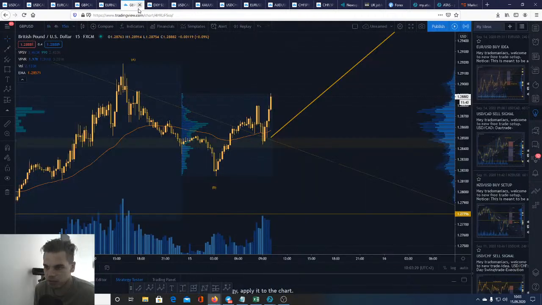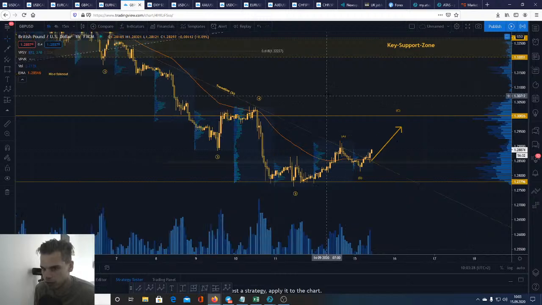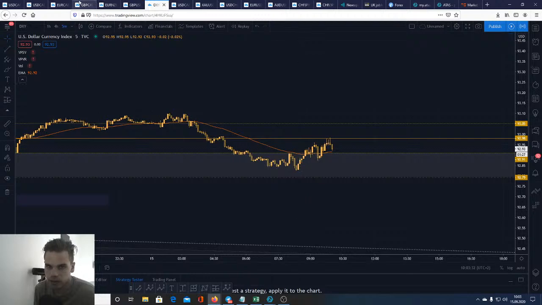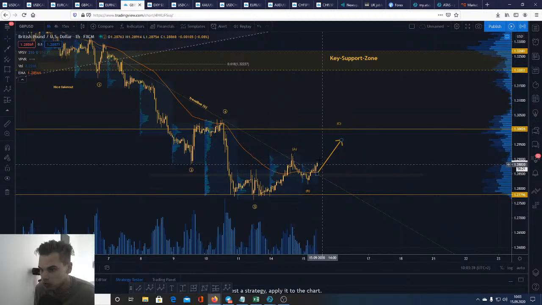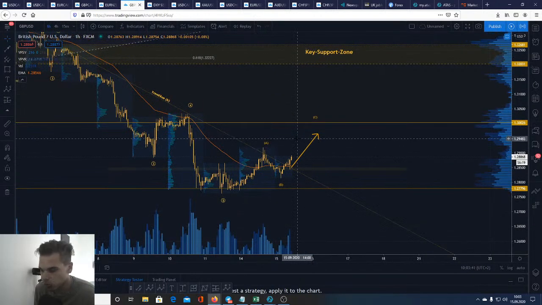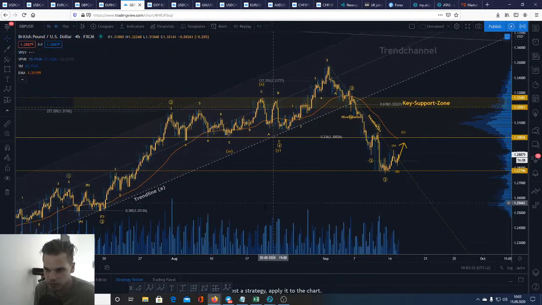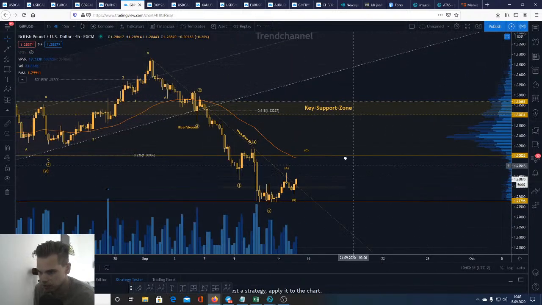GBP CAD looks pretty delicious right now to me when it breaks about this, because we see the confluence. If DXY continues to drop right now while SPX goes up, then we probably see a good chance that GBP USD retraces. Like I said, I took profit at target 1 if you're still invested. Target 1 for the target 1 traders was in this area here. So if GBP USD continues that breakout, I mean, this is the entire analysis here, and we see that ABC pattern that I expect,